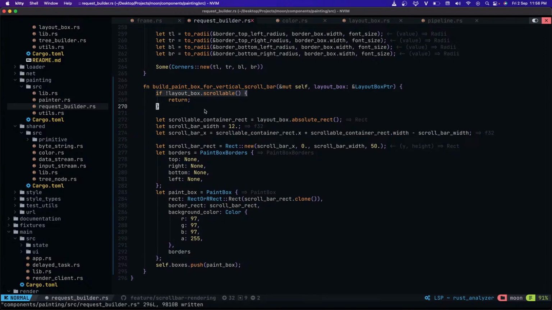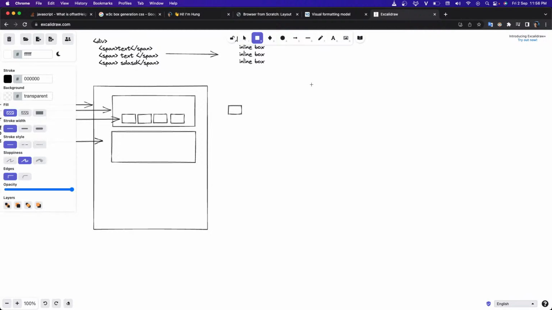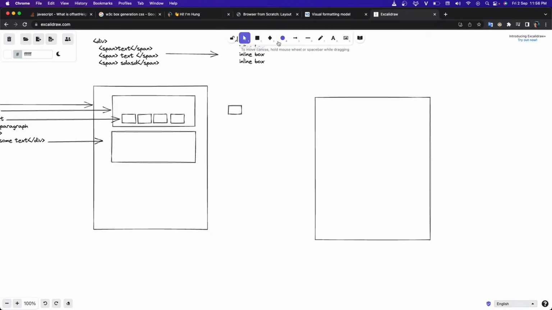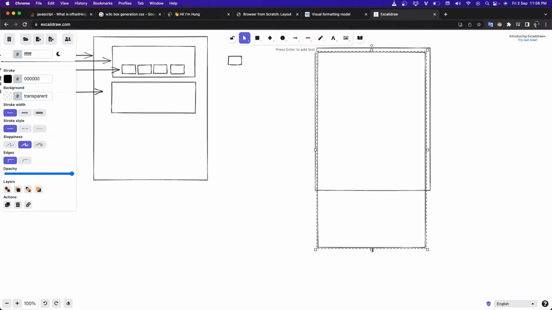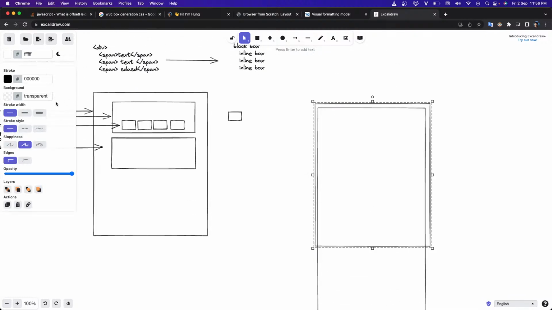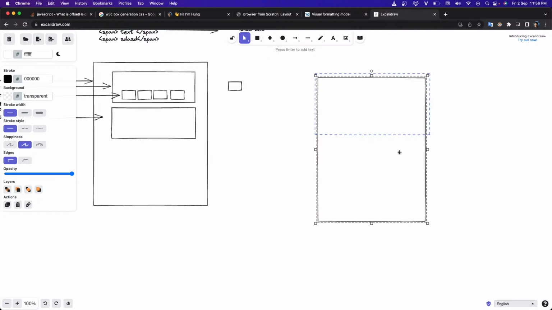First, let's calculate the height of the scroll bar. All right. So we have a page. It's scrollable. Let's say the page is much higher, and then this is our viewport. Yeah, maybe. So the height of the scroll bar